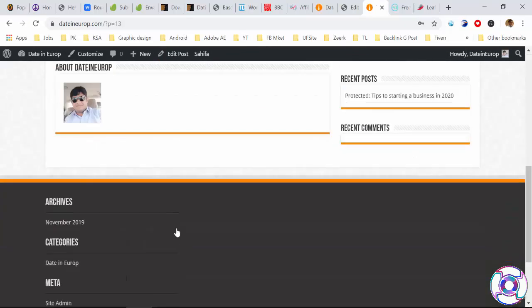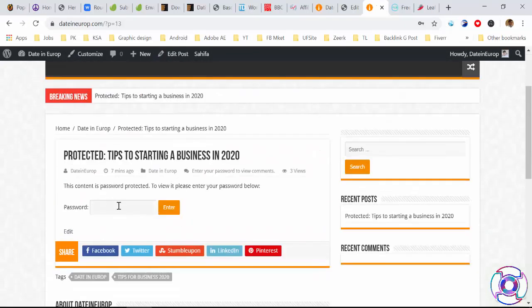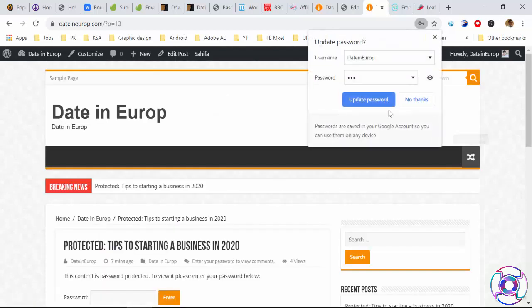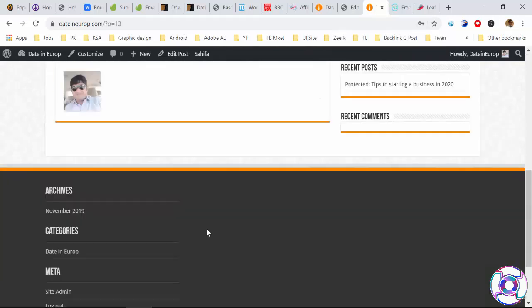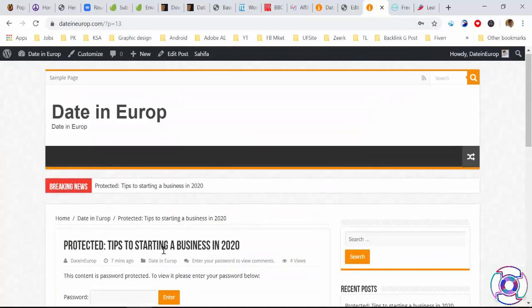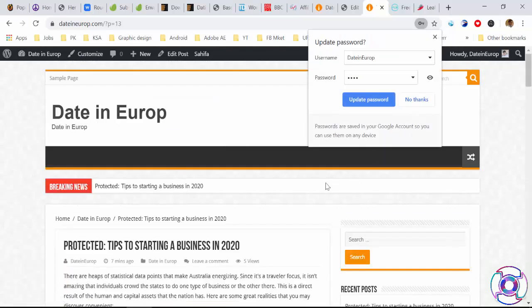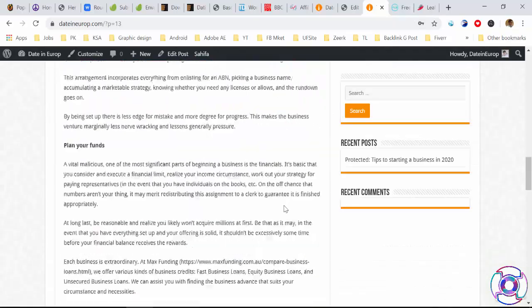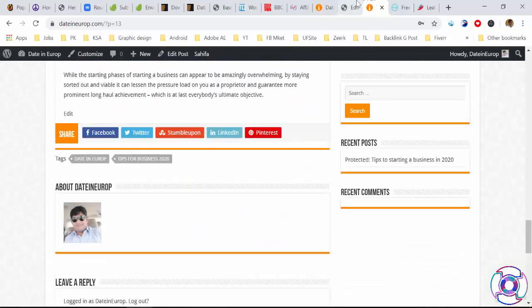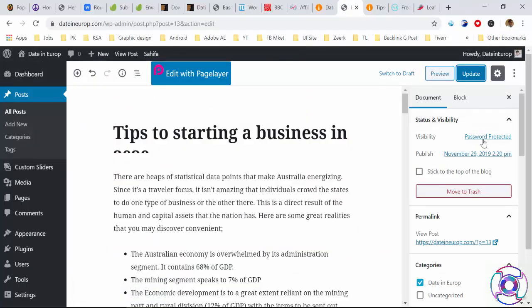They need a password, so what password? 123, enter, and see, this post is now showing. What I put was 1234. You can see our site is okay. So this is the benefit of protected, private, and all the site.